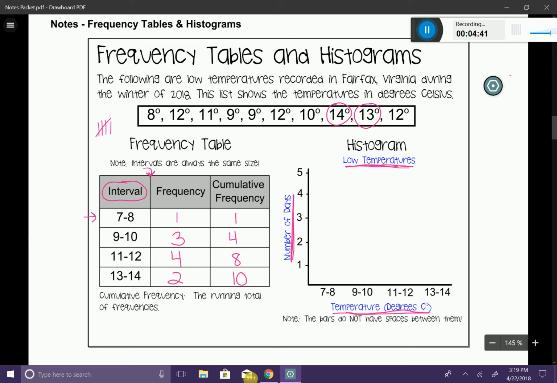axes. I usually then like to go to my x-axis, which is the one at the bottom. This is where you're going to be putting your intervals. So I'm going to take my intervals directly off of my frequency table and place them onto my histogram just like this. And then the numbers that are going up on the y-axis are actually going to be numbers that I have to actually discover. So if we look at our frequencies, we can see that they're